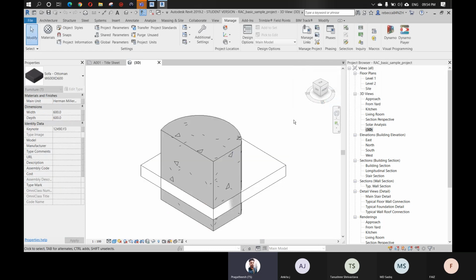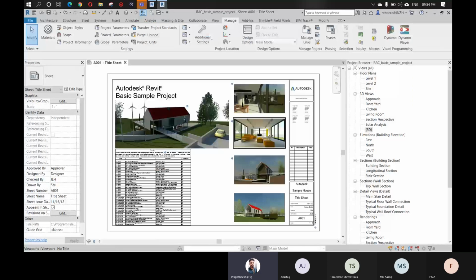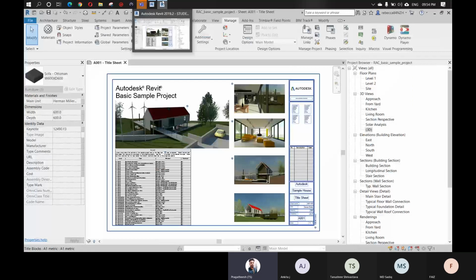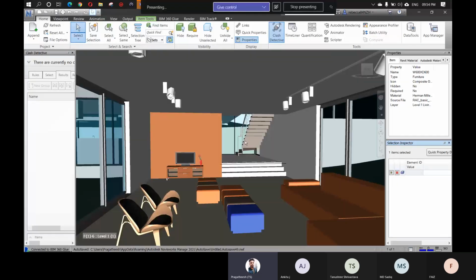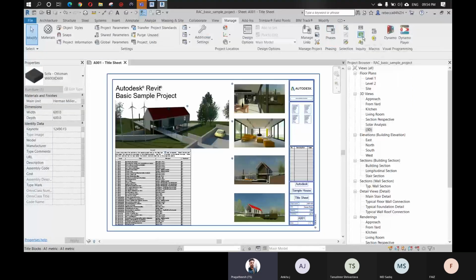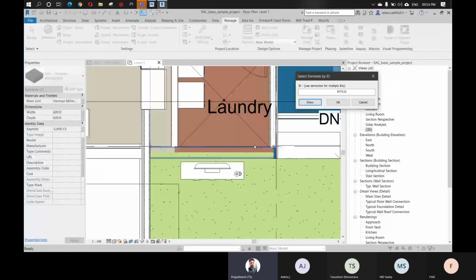Click OK and click OK so that you can create a 3D view of that element. Okay, it's not showing. In some cases these small elements might not show, so in that case we have to choose a nearby big element. So for the next one I'm selecting this wall, Control C and come back to Revit, Manage, Select by ID, Show, click OK, and now you can see it is showing this exact wall.